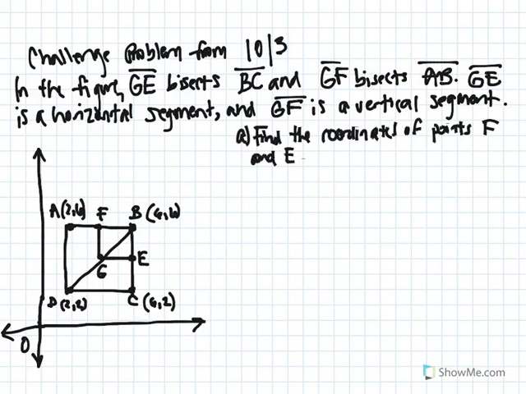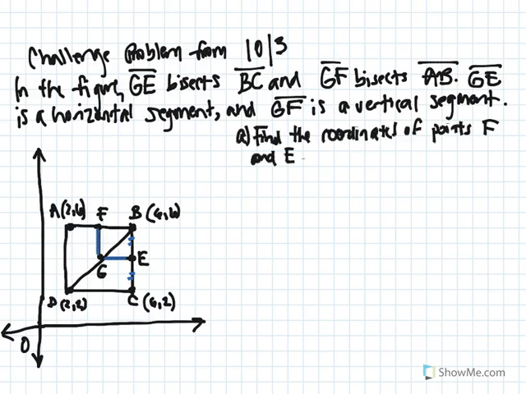This is the challenge problem from last night's homework. Okay, so in the figure, GE, this line right here, bisects BC, so it makes BC into two equal parts, and GF